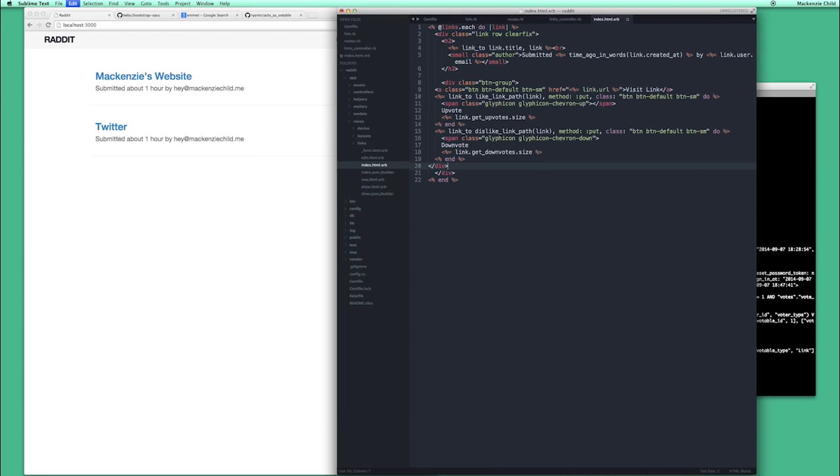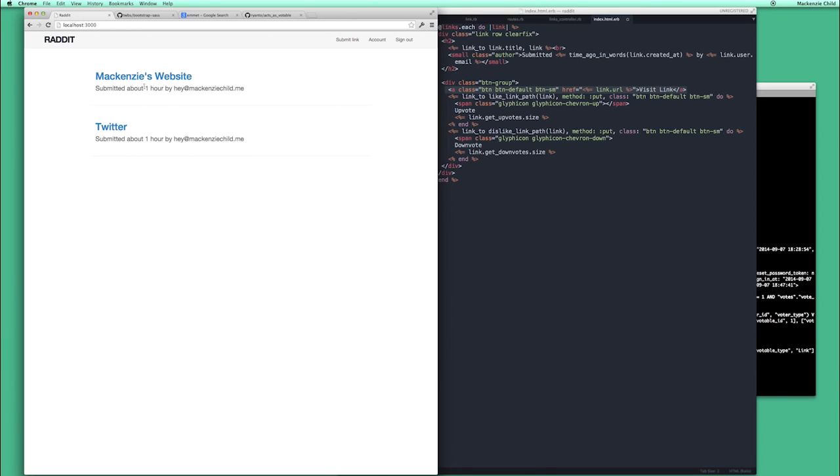So what this is doing is, for each link right here, it's adding a link to the link path and making it a button. And also, this doesn't have to do with the votes, but I'm adding a link to the actual URL,